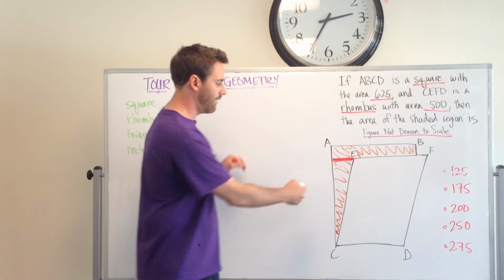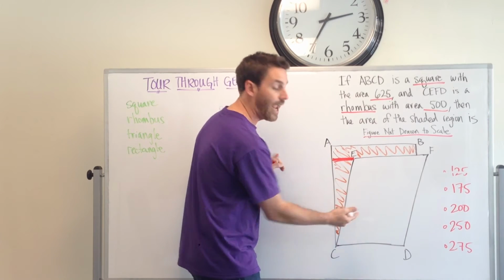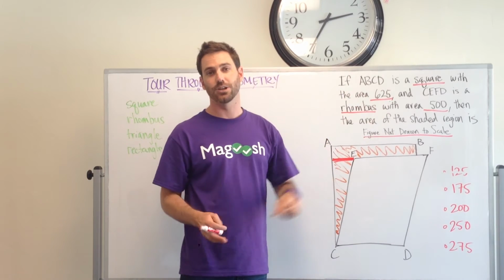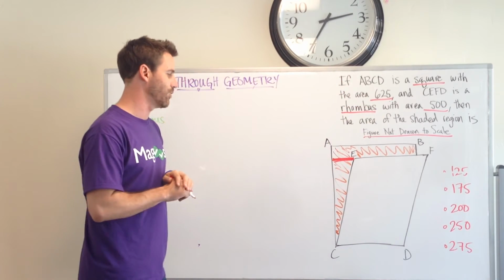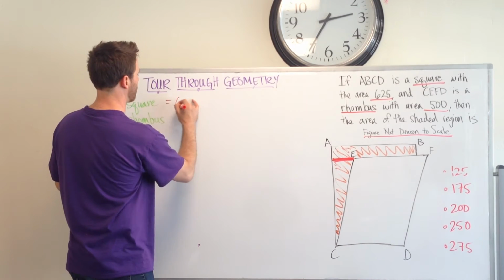And so I have these mystery sides that I need to figure out for the square and the rhombus. But since I have the area here, I know that I can do it. So that's my plan, and let's just dive in and do it. So the area of the square is 625,